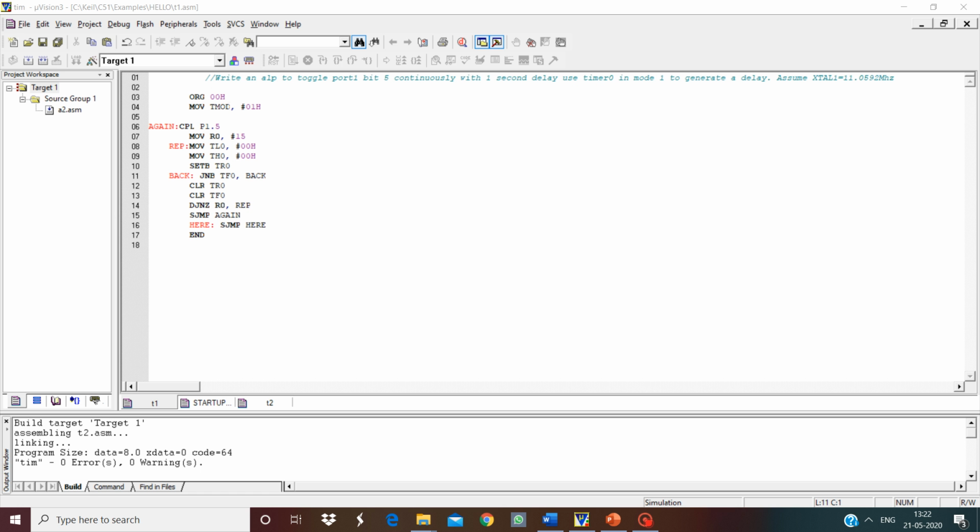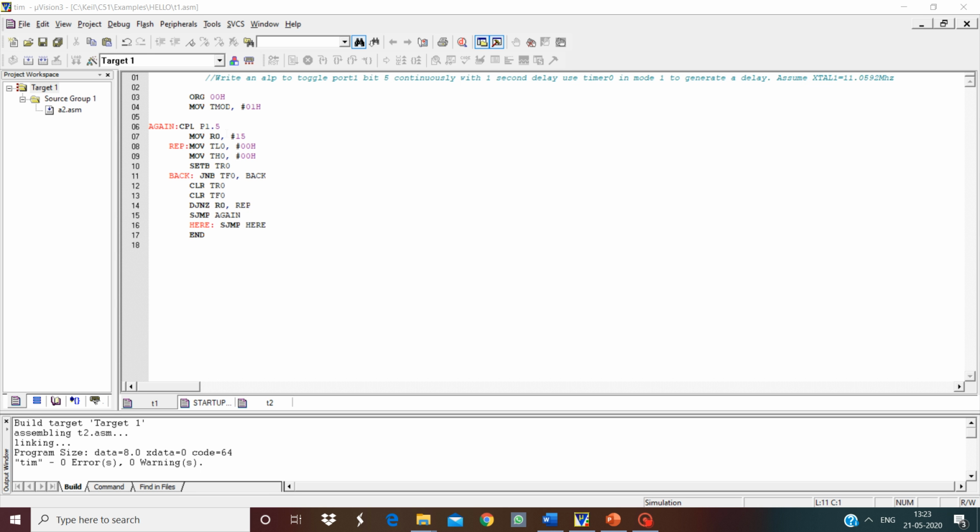The program starts with ORG 0 to initialize the program segment, and in the TMOD register we move the value 01. The next instruction is complement P1.5.